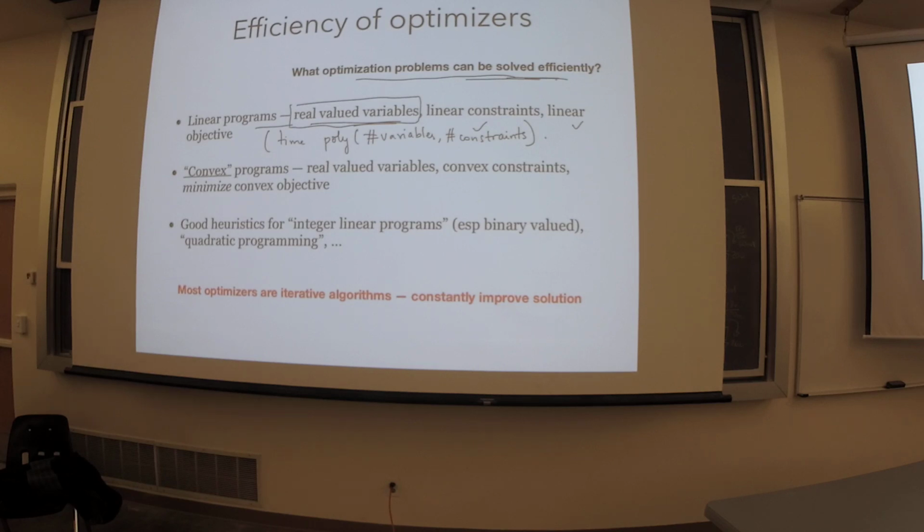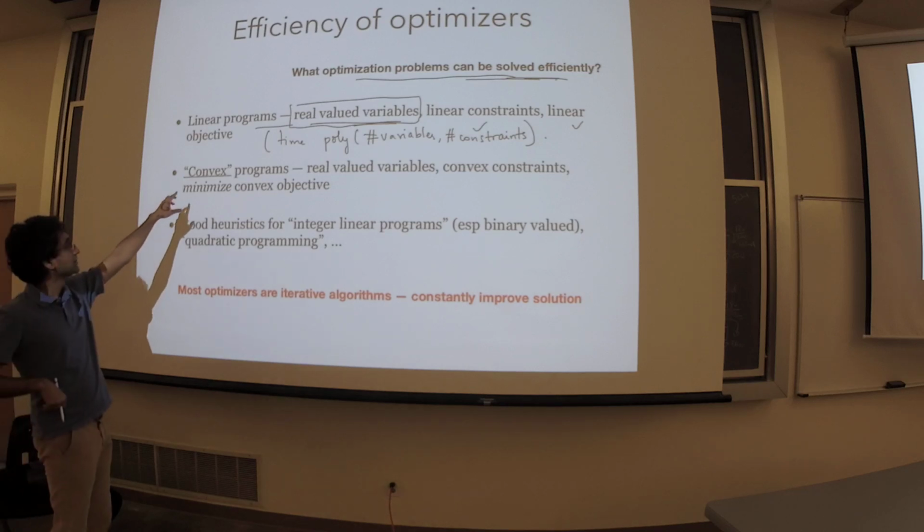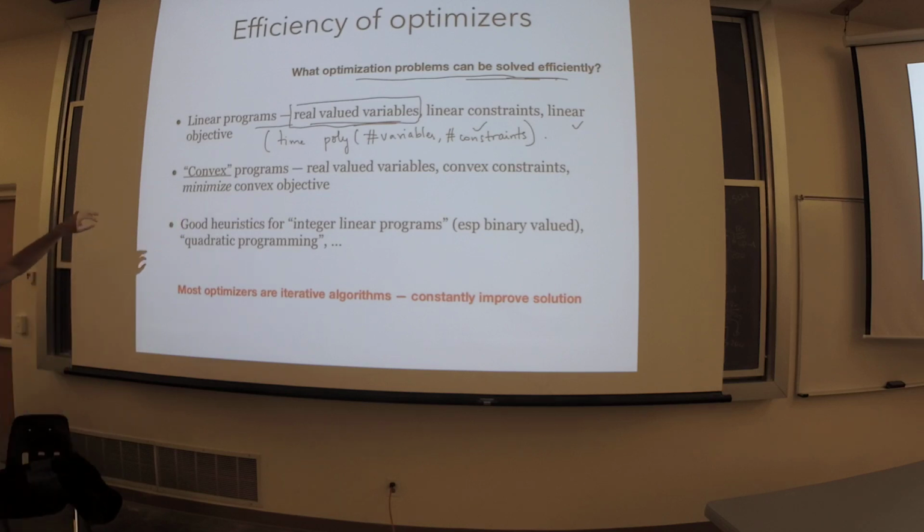So what we saw for minimum spanning tree is not great in that sense, right? Because you had exponentially many constraints. So there are tricks to get around this, but in general, this is what you can see. Okay, so the next class of problems, of which actually linear programs are a special case, are again you have